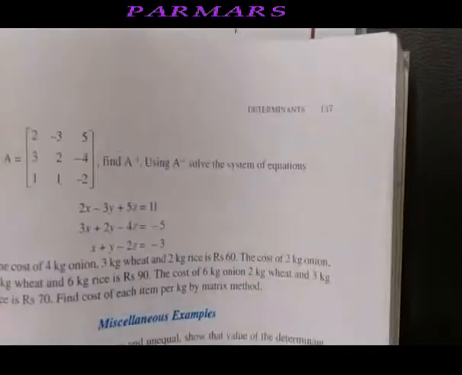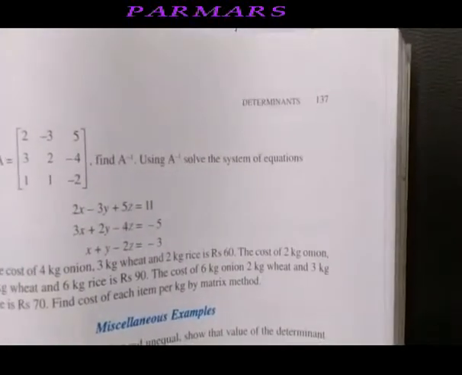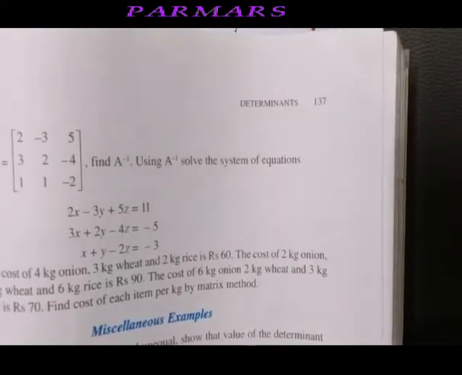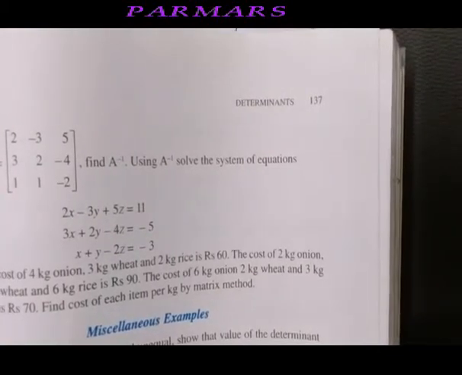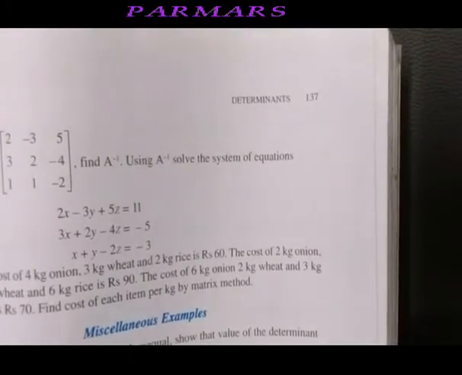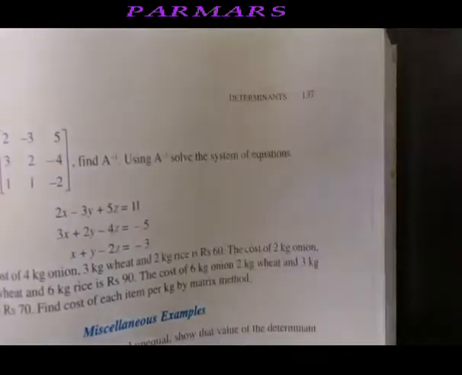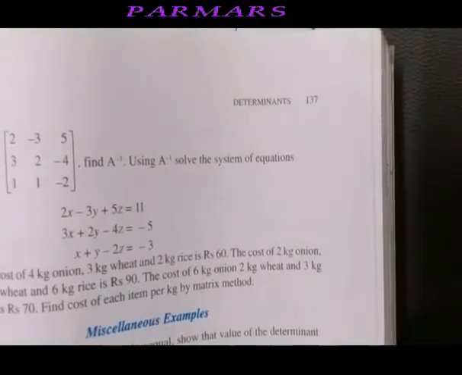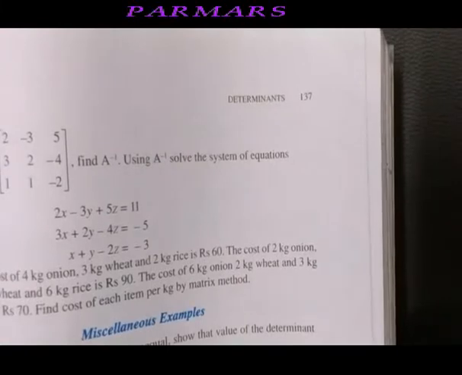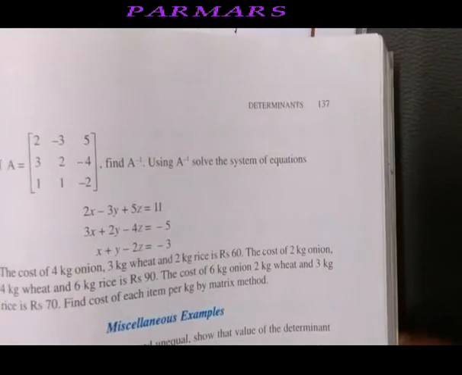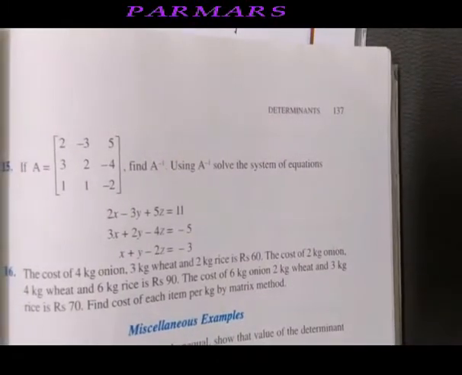तब जाके जब A inverse निकाल लोगे तब आप ये इक्वेशंस को लिखोगे. अब देखो इक्वेशंस में क्या है, कोफिशिएंट मैट्रिक्स जो है, जो हमारा A दिया हुआ है वही है. 2 -3 5, 3 2 -4 and 1 1 -2. तो फर्दर यहाँ से हमें क्या करना है कि इसको AX = B में लिखना है। A inverse निकालेंगे तो determinant A तो निकाल ही रहे होंगे, तो यहाँ से सीधे आपको X = A inverse B लिखना है, उसके बाद A inverse B को इंटू कर लेना है और फिर सोल्यूशन निकाल देना है। क्लियर है? So this type of question you can do it.